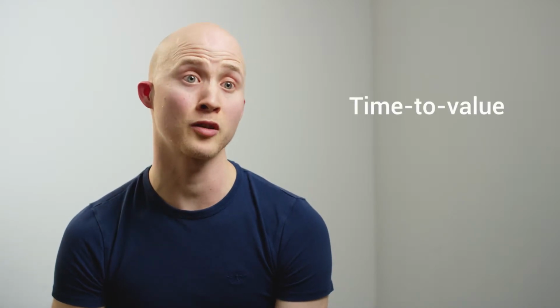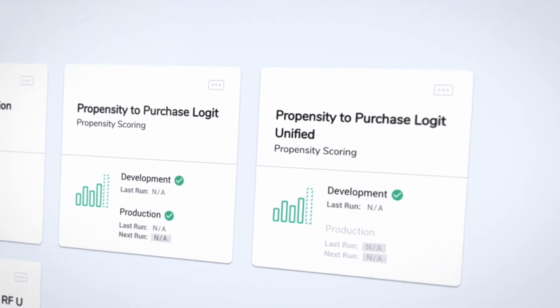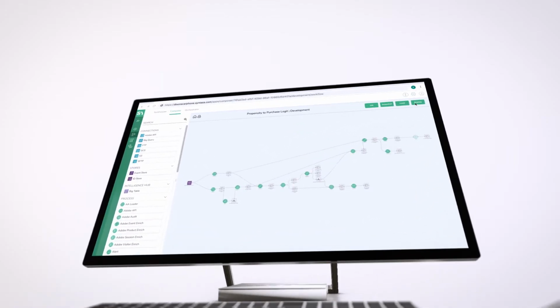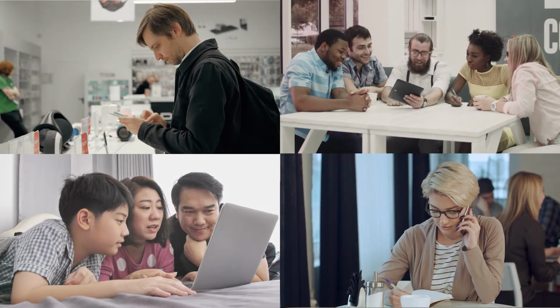Syntasa has been really invaluable in speeding up our time to value with using Google Cloud Platform in terms of the architecture of the Adobe Analytics data. With Syntasa, we're now able to pass our users' propensity scores directly to influence their journey on the website by passing the data about their likelihood to behave in a certain way to our A/B testing tool, Adobe Target. That lets us then create an audience based on those propensity scores, so that the customer's journey can be personalised